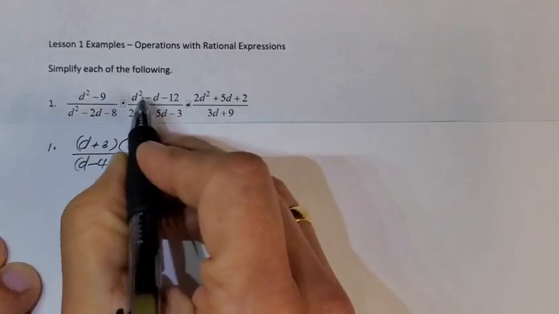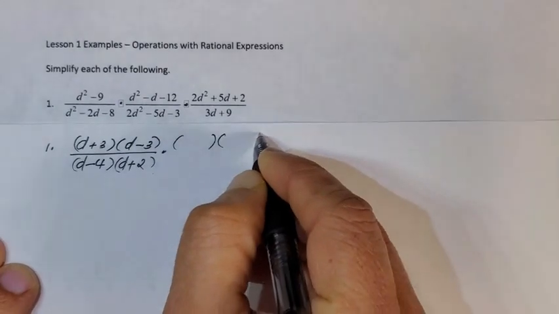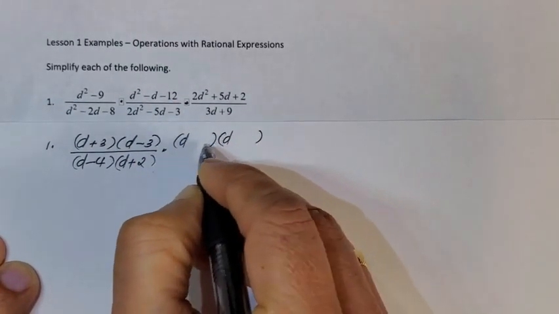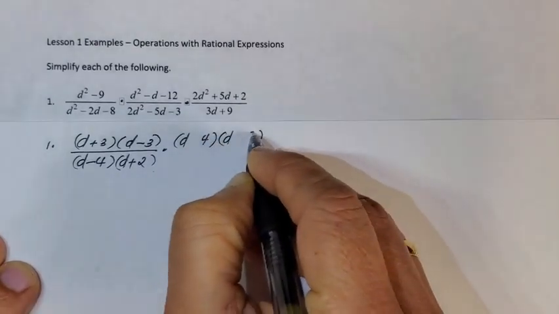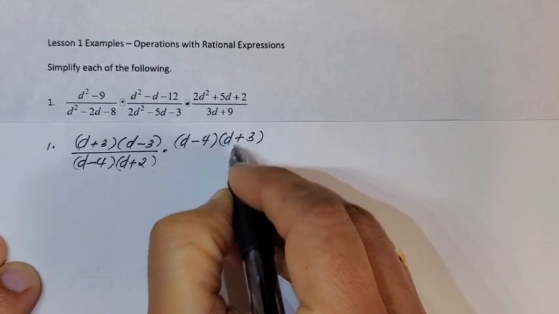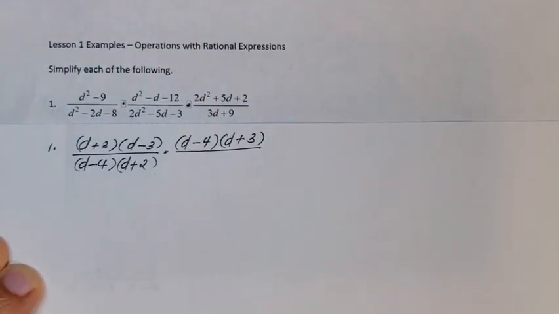Okay, times d squared minus d minus 12, another trinomial. The sum is -1, the product is -12, so the numbers are 3 and 4, or 4 and 3. The bigger number is negative because the middle number is negative. Okay, and divided by 2d squared minus 5d